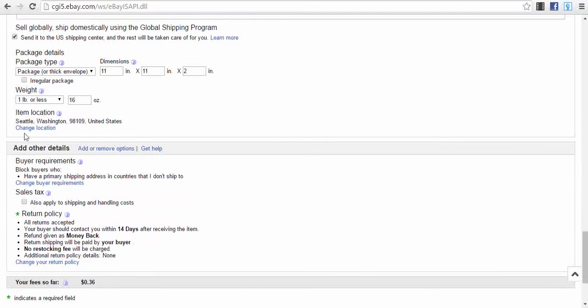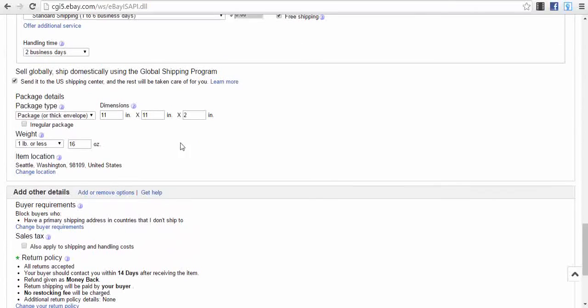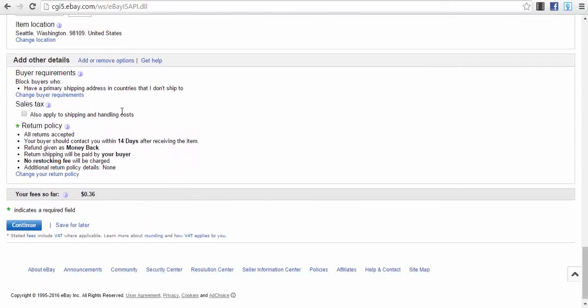Item location, so practically when you add your first listing here, you won't have an address. You need to write in an address for the United States of America, okay. It doesn't matter which address it is. You need to type here a real address for the United States of America. It doesn't matter what address it is, but you need to put that here, okay. So you practically have the location of the item, and that's about it.